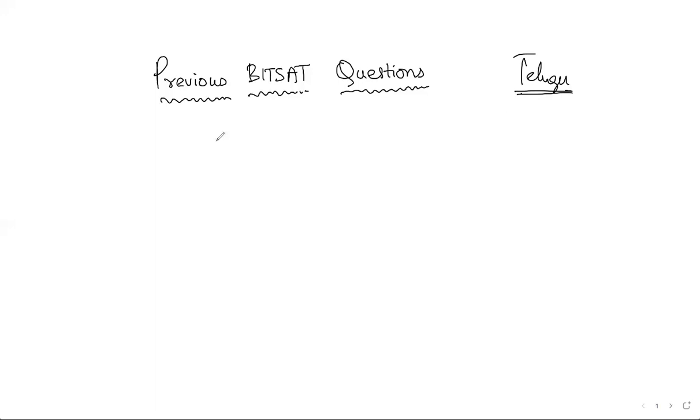So previous BITSAT questions. You might have already seen the more common models in our previous lectures, such as finding the rth term, or finding the middle term, or finding the highest coefficient. When I went through the previous BITSAT questions, there were also questions related to this. But since we already solved these in our previous lectures and they are quite easy, I have picked 5 questions that you may find somewhat difficult. Okay, so let's start with the first question.